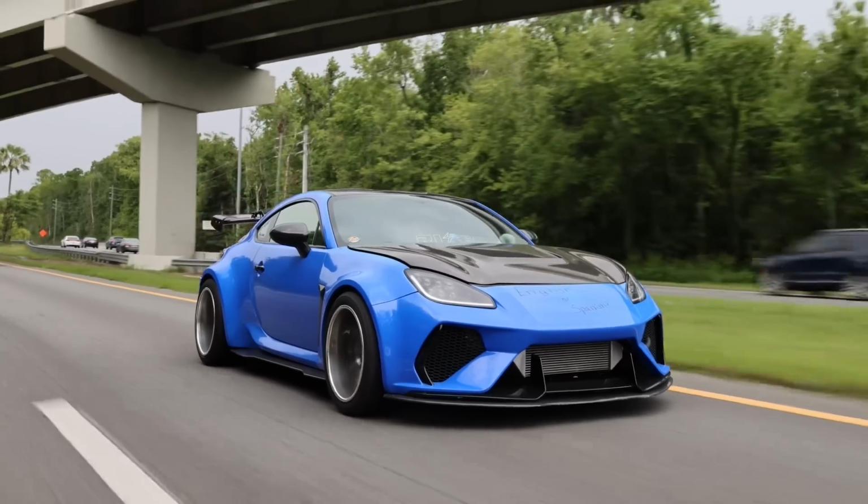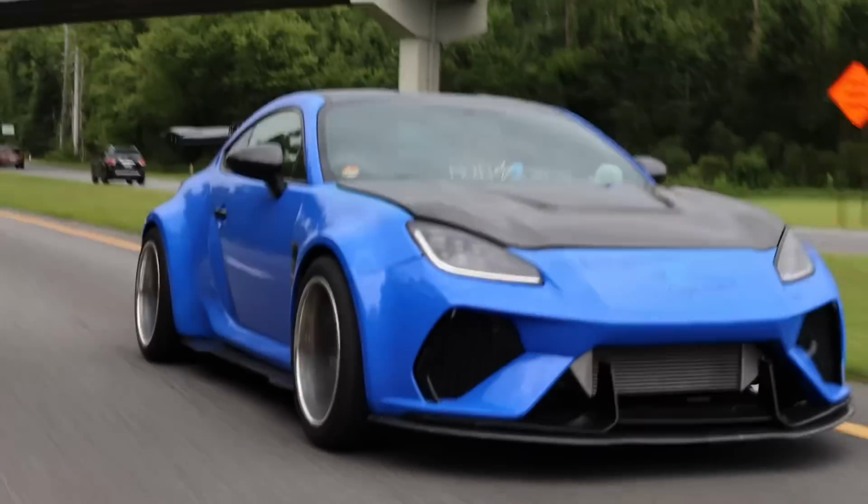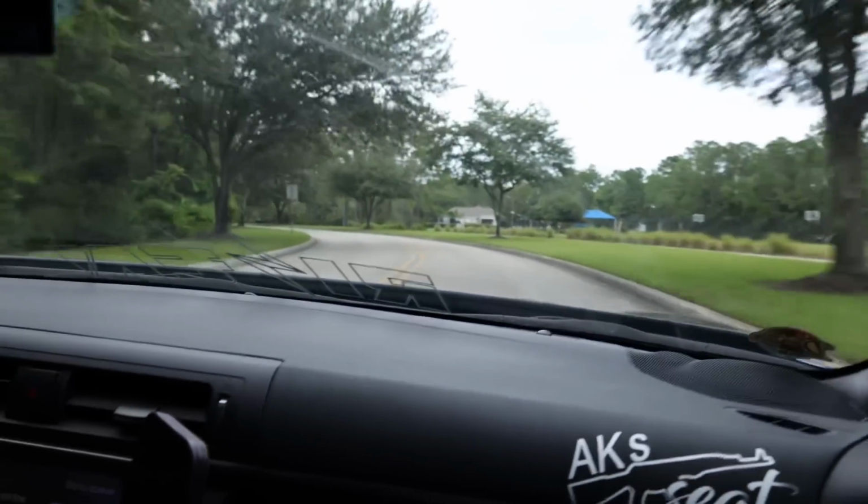I just had to do injectors and a fuel pump, and that was just standard with the turbo. So it's really cool that I'm able to throw stuff like that on a car like this and not have to worry about it degrading itself. Curves here, it's the way this car comes out of curves,